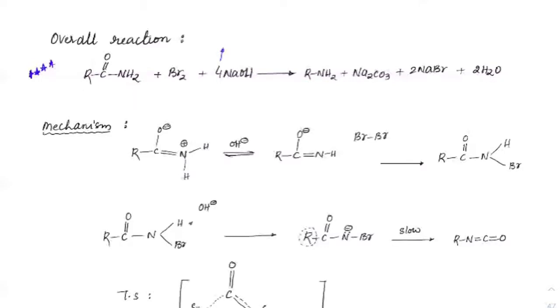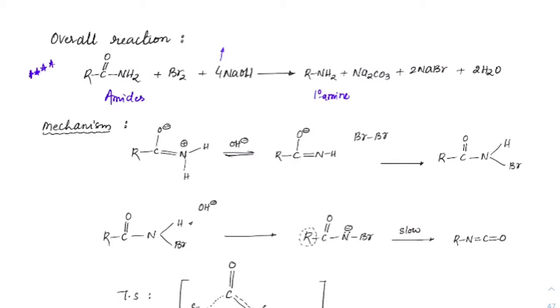Amides, when you treat that with Br2 in the presence of NaOH, we will have a step down reaction. C double bond O will be lost, RNH2 will get connected. That's how we'll get primary amines here. And the lost CO2 will convert to Na2CO3. All bromine will become NaBr, and water will come out of that.